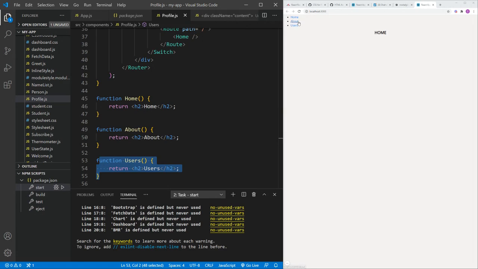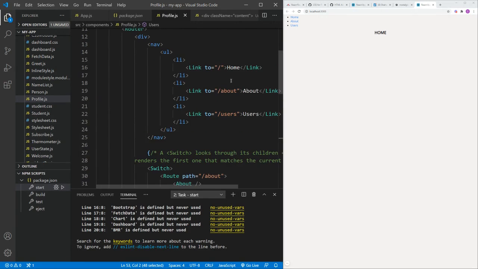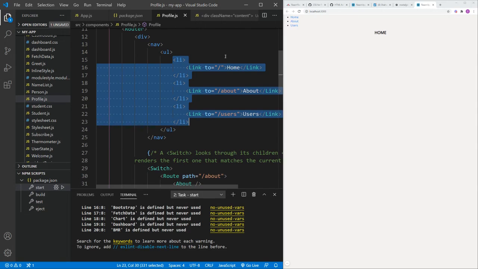It's a very raw one, but you can understand. I mean, it will help you understand the concept. So we had three links: home, about, and users. So home, about, and users. So as we click, there is no refresh, as you can see,